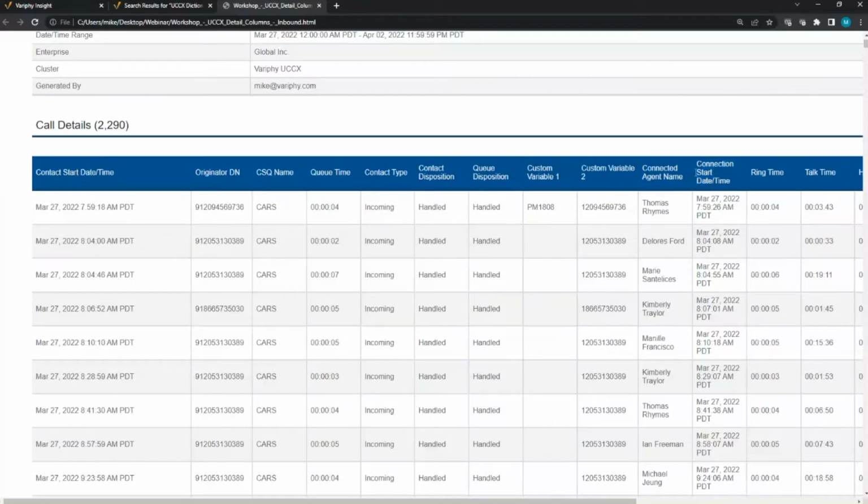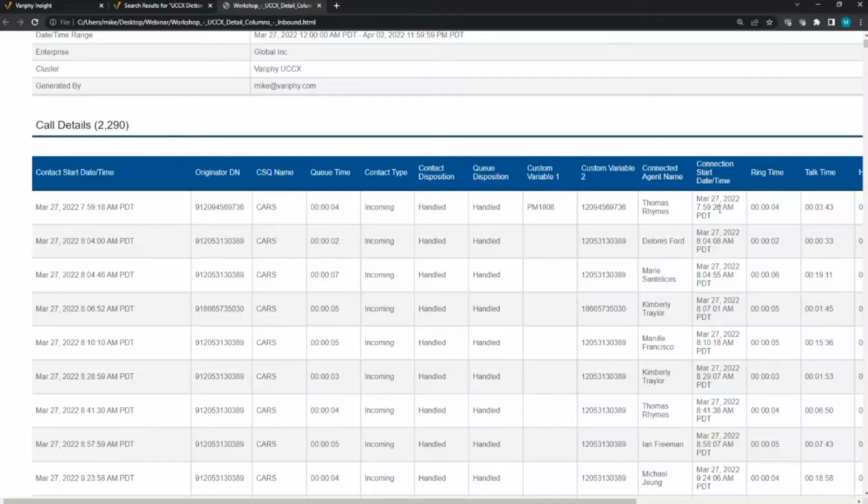The connection start time is when the call is presented to an agent. Really, the contact start date and time, whether it's inbound, internal, or outbound, is when the call is born or when the call begins. And the connection, on an inbound call through a queue, is when it's presented to an agent. You can see here the timestamp 7:59 and 18 seconds. The connection start date and time is 7:59 and 26 seconds.